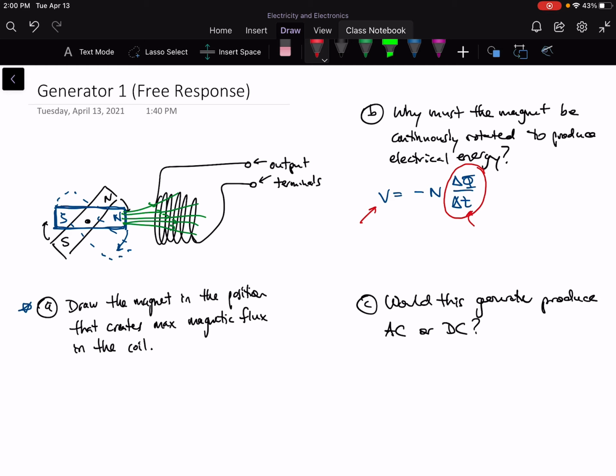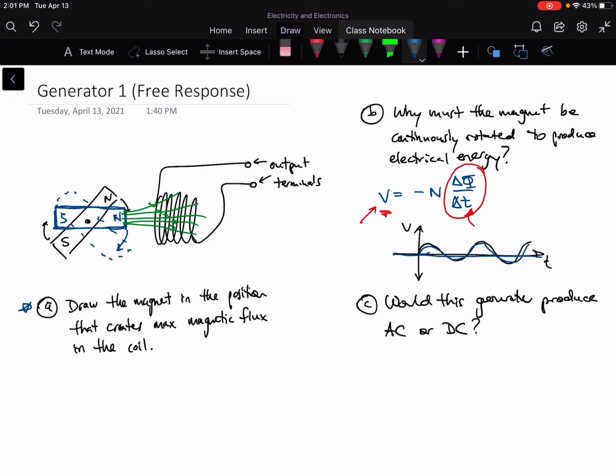Okay? And that means that if you have a continuously changing magnetic flux, then you will have an induced voltage all the time. And in the case of a rotational machine like this, you'd have voltage induced per unit time on those coils that looked like a sine wave. Okay. All right, so